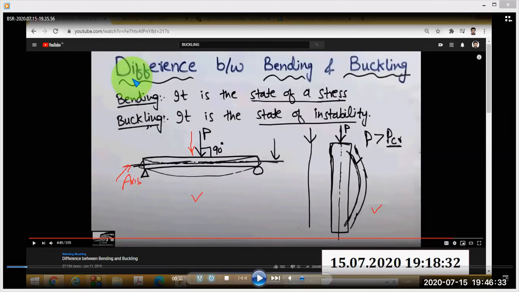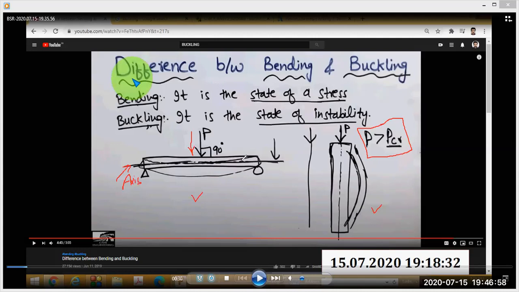You can see this column will buckle, and the condition is, if the load P is greater than P critical, this column will buckle. Buckling is defined as the state of instability.